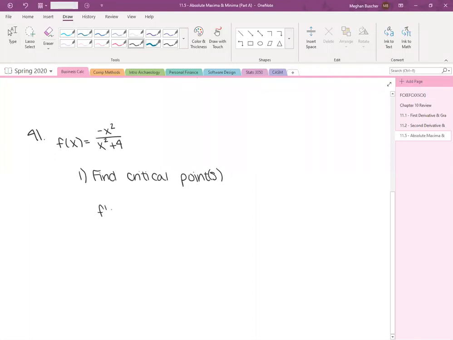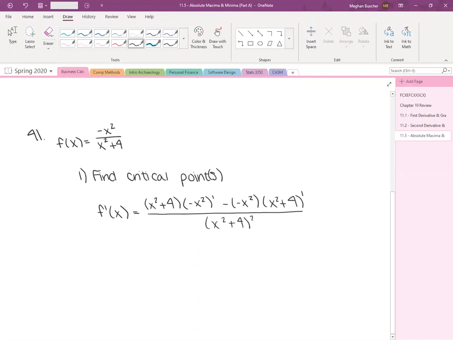So we need to find our first derivative. What do we need to use here to find this derivative? Chain rule, product rule, quotient rule, power rule. What are we using? Quotient rule. Quotient rule, exactly. So quotient rule tells us we always start with the bottom. So we have bottom times the derivative of the top minus the top times the derivative of the bottom all over